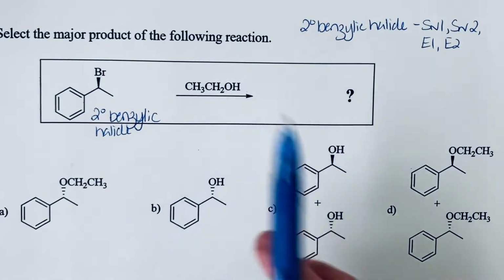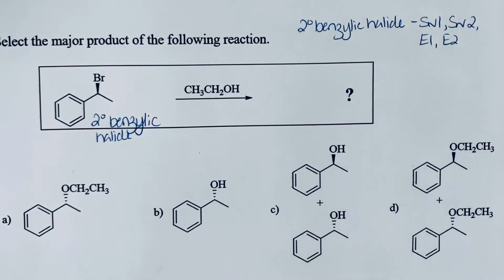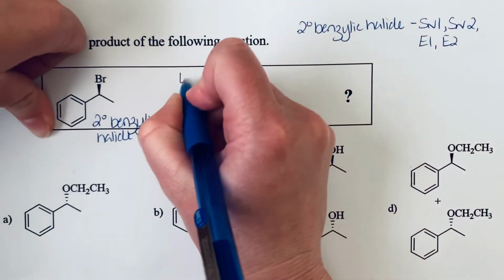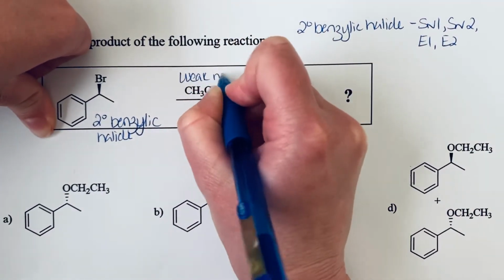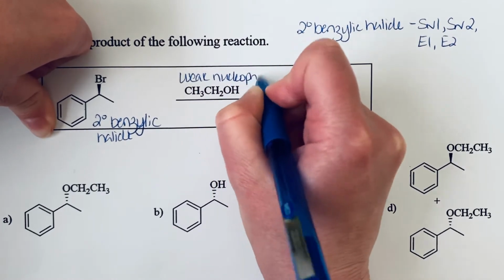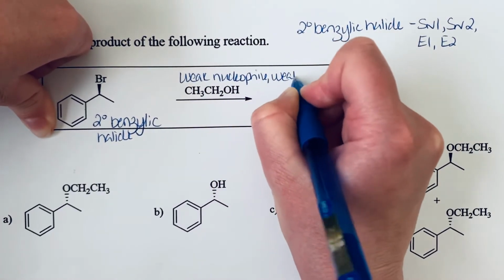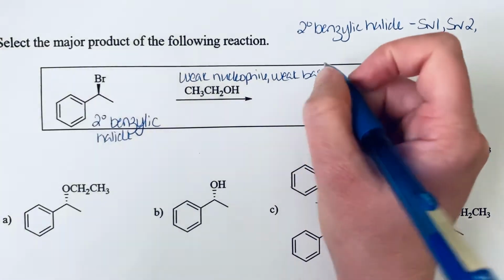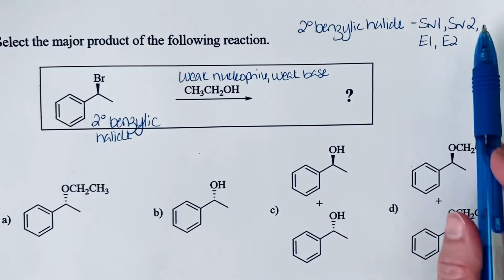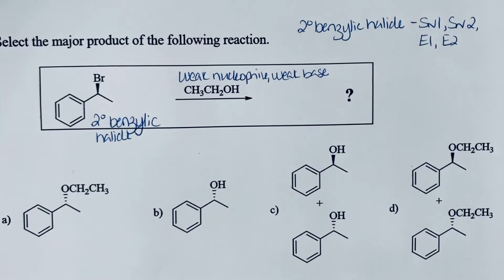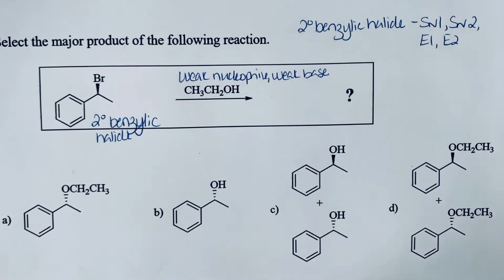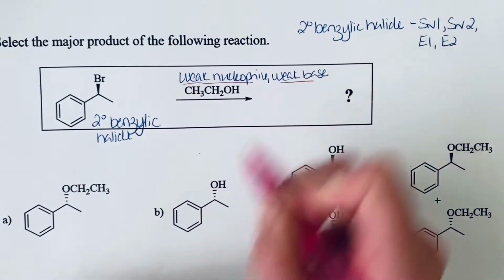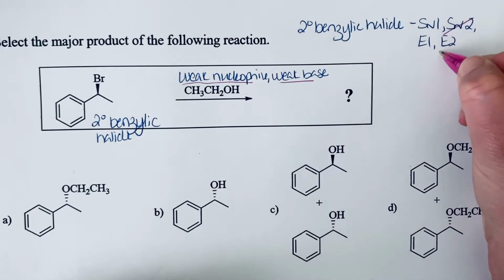So we see that we're using ethanol. And so ethanol, like water and methanol, other alcohols, is a weak nucleophile and a weak base. So what that means is that that's going to shut down these concerted pathways. Your concerted pathways need either a stronger nucleophile or a stronger base to initiate the reaction and get it going. So because we see that it is a weak nucleophile and a weak base, we're going to eliminate those concerted